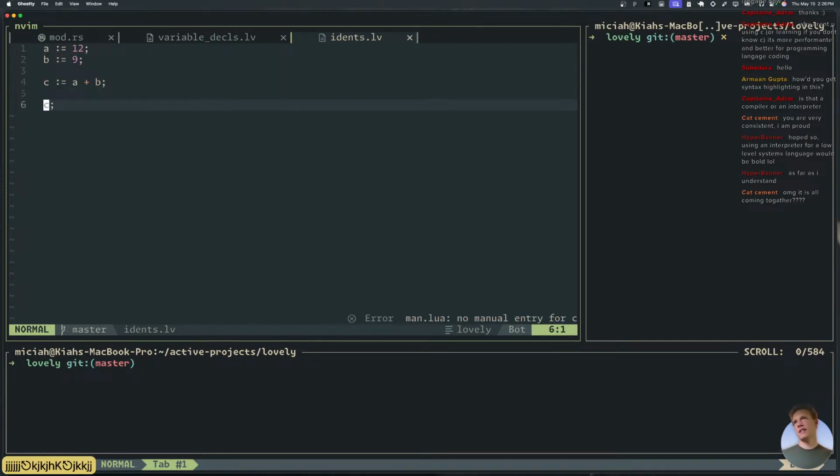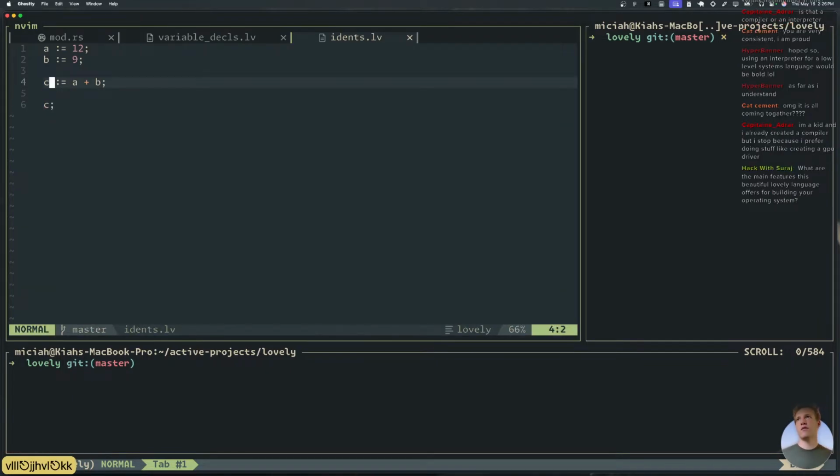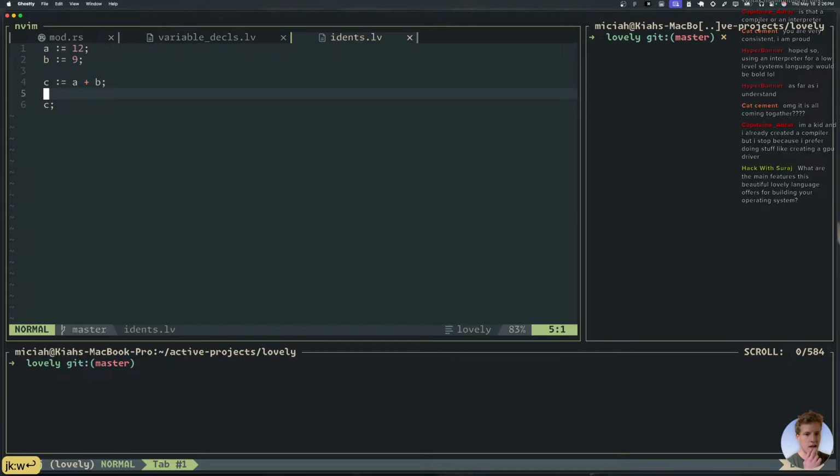Basically, it knows that C at this point is an int, which is kind of nuts because it's not annotated here. It's not annotated here, right? It's only using the fact that it inferred that these were both ints. It knows that you added both of them together, so you got another int. So it knows that C is an int, and it knows down here that C is referencing this C, so it knows that this is an int, which is kind of nuts.